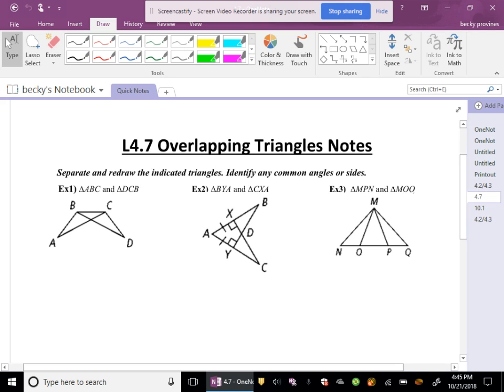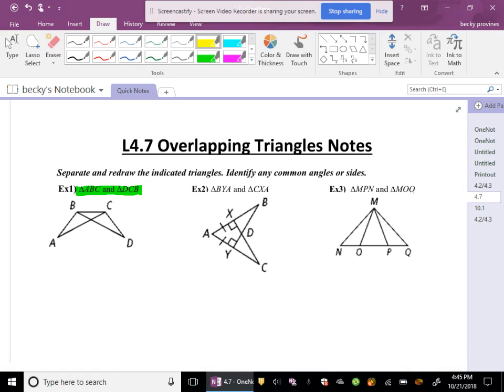Hi, today we're going to go over lesson 4.7 about overlapping triangles. So our pictures today are a little bit intimidating. There are two triangles that share information. So what we're going to do is separate them and redraw them and then identify the common sides or angles. What's really going to help you is up here, it tells you the name of the